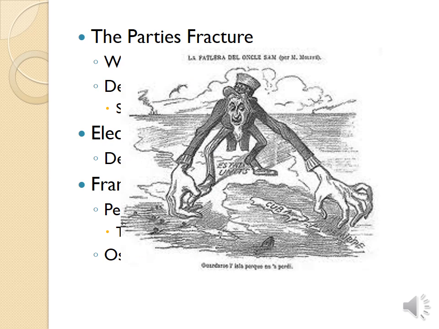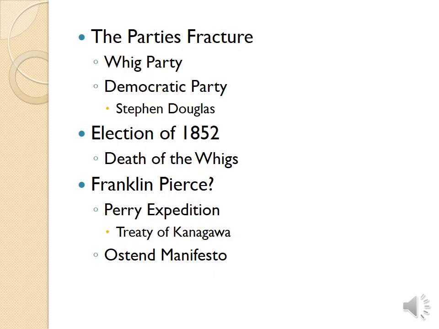The main area that we wanted to get was Cuba, because, you know, it's a massive, really fertile island relatively close to our coast. But the U.S. government didn't want to go to war with Spain over it yet, and so Cuba would remain out of our hands. But what we do get is all these unofficial voyages to try to capture